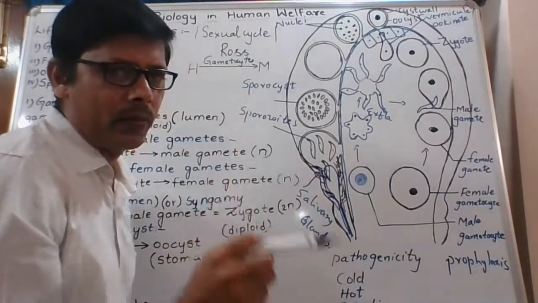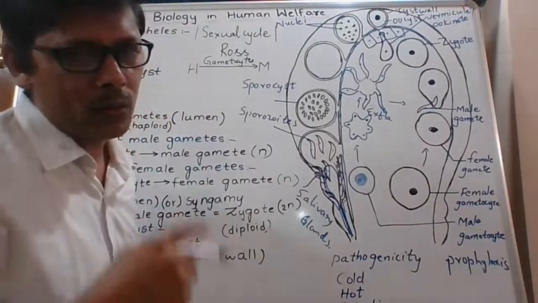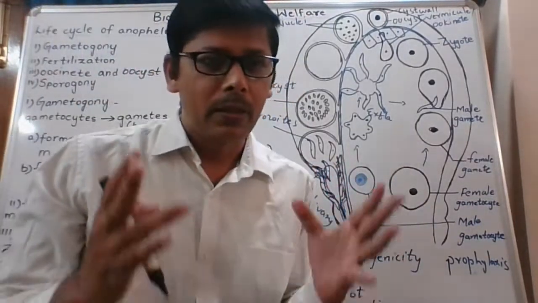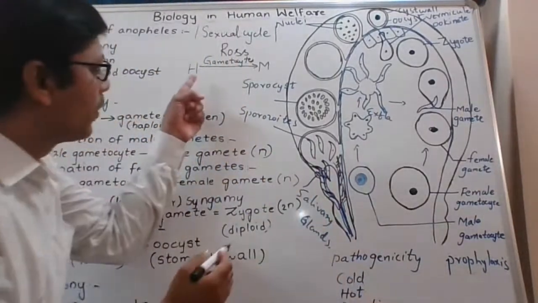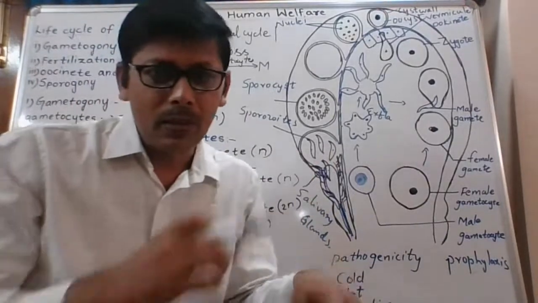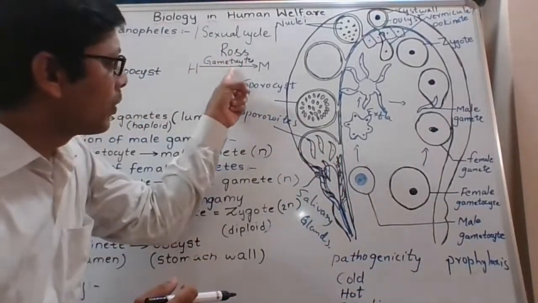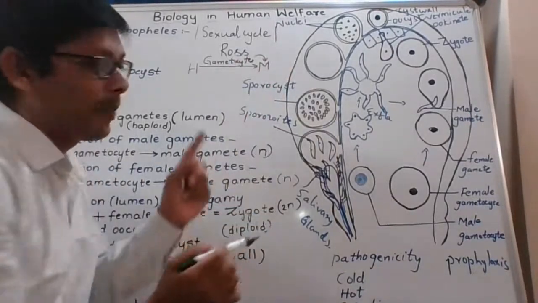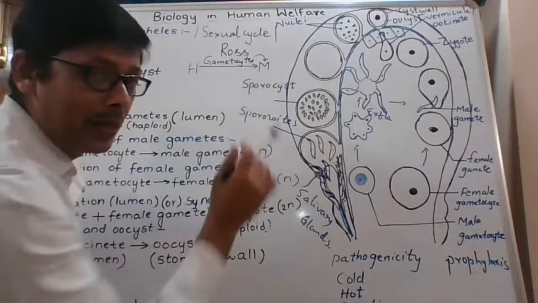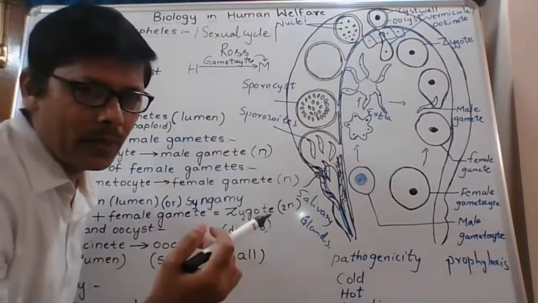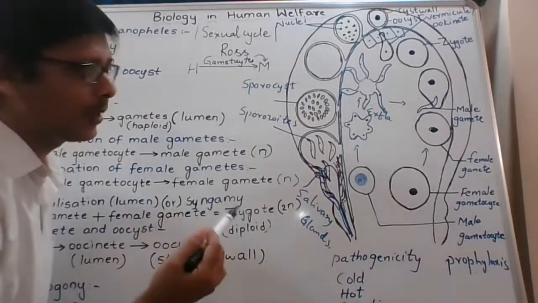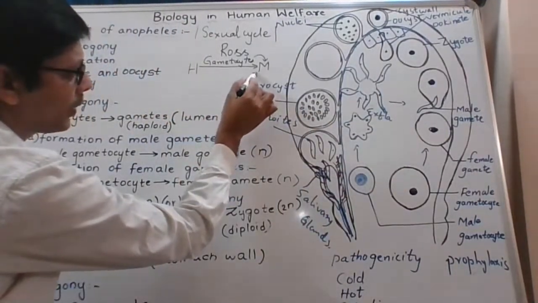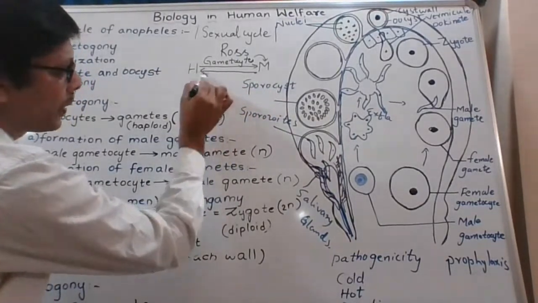Yesterday we talked about the end of the erythrocytic cycle. We learned that after repeated erythrocytic cycles, some of the merozoites develop into male gametocytes and female gametocytes. Now, when a mosquito sucks our blood, from our blood gametocytes are going to the mosquito. That means the infective stage to the mosquito is gametocytes. This mosquito is now called an infective female Anopheles mosquito because in its body gametocytes are there. When these gametocytes undergo further development, and this infected female Anopheles mosquito bites a human being,